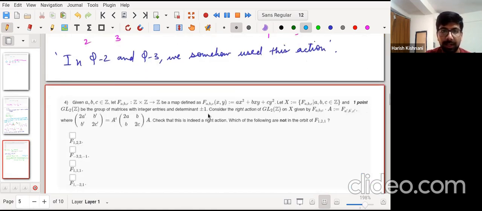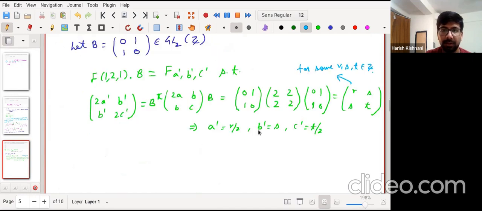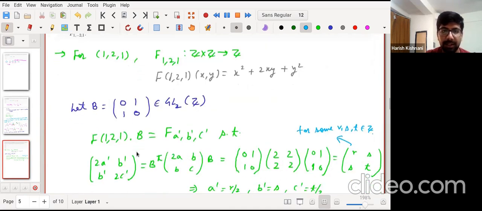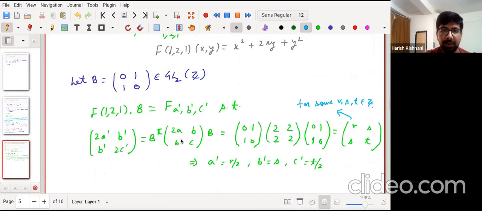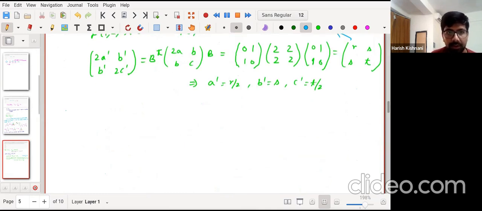So we need to first check that this is indeed a right action. So I hope you can check that it's a right action. First of all, the identity axiom is trivial, I guess, because if you have I in place of B, then what will it do? It will be just I transpose times your 2A B C and then I. So you will again get this matrix. For the identity axiom, I can just write it down, and it should be clear. So f of A, B, C dot I, identity,